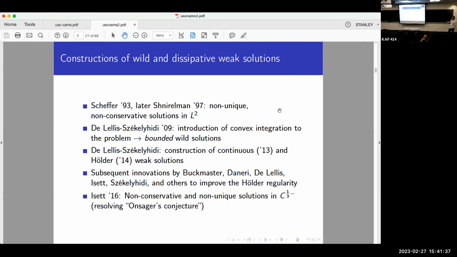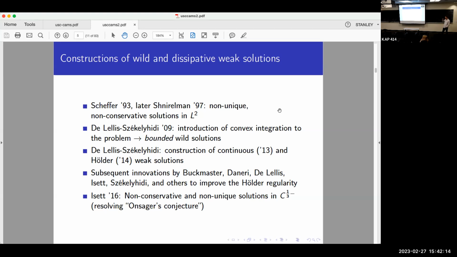So the culmination of all of this work was by Phil Isett in 2016. He finally resolved the conjecture of Onsager and produced solutions to Euler that do not conserve energy, all the way up to, but not including the C^{1/3} threshold. So this resolves Onsager's conjecture, showing that 1/3 is exactly the regularity cutoff for conservation. So 1/3 itself is still open, and that would be very nice to know, because